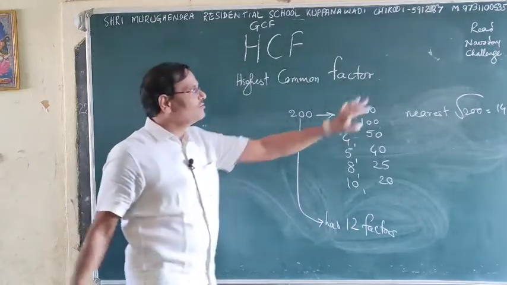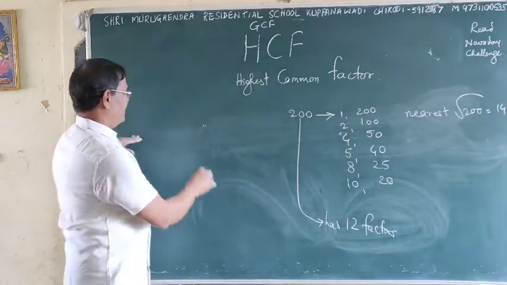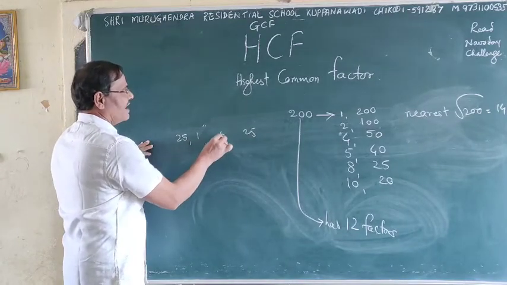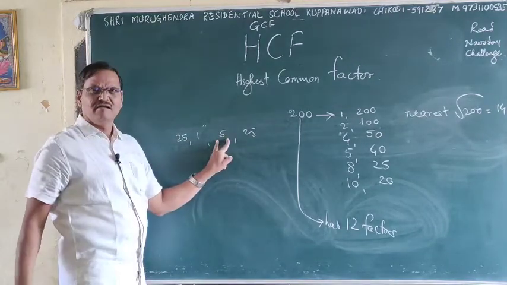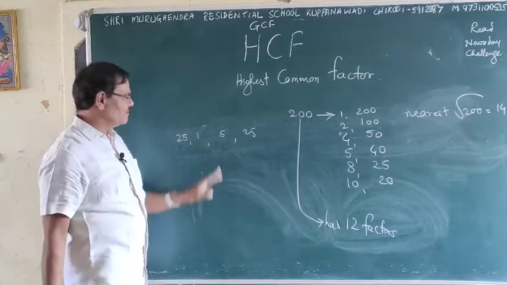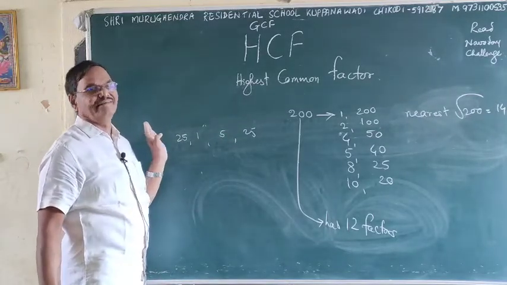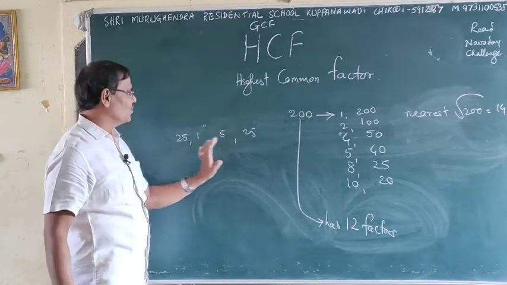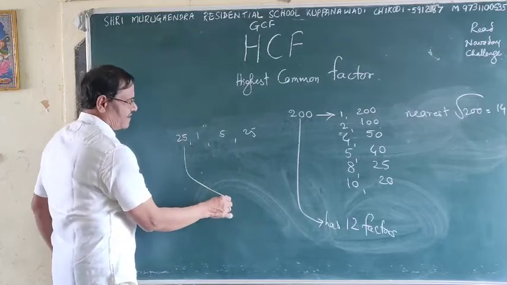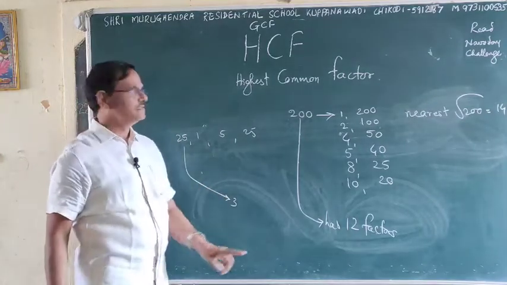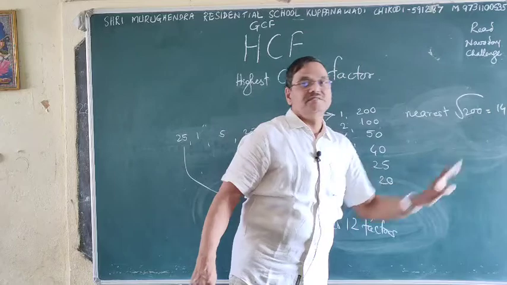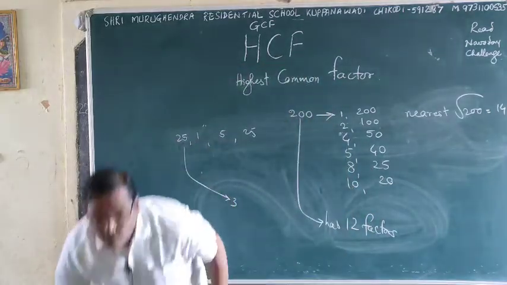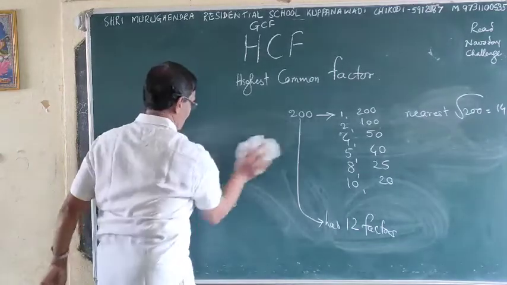See, why do we have to take the square root? See, 25's factors. 125 is a 5, 5 is a... or 6, we should not check. Below we can. 2 it is not, 3 it is not, 4 it is not. So 25 has 3 factors. Like this, first you have to find its nearest square root. Okay? You understood what is a factor now.